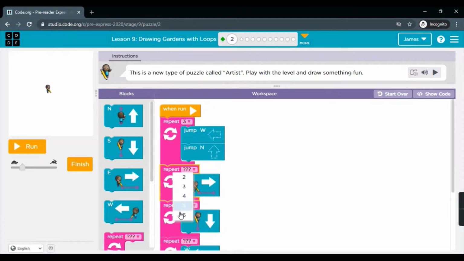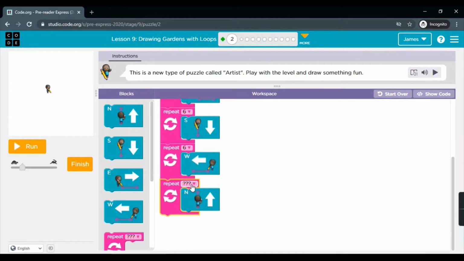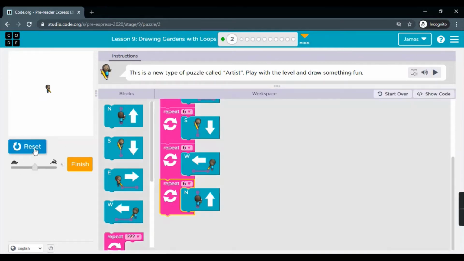As I want to draw a big square, I'll set this to 6 and all the sides of the same size. So I'll set the repeat block for 6 times. Setting the speed and now run it.